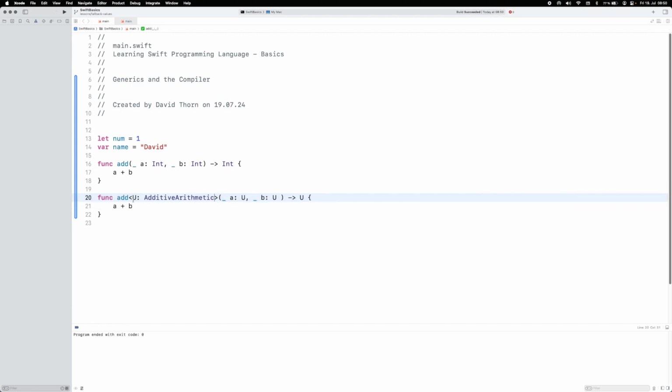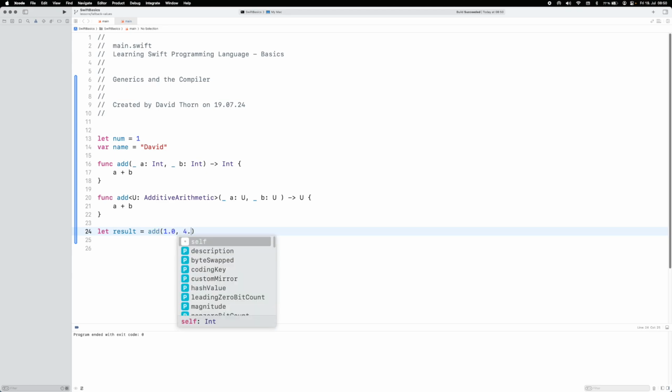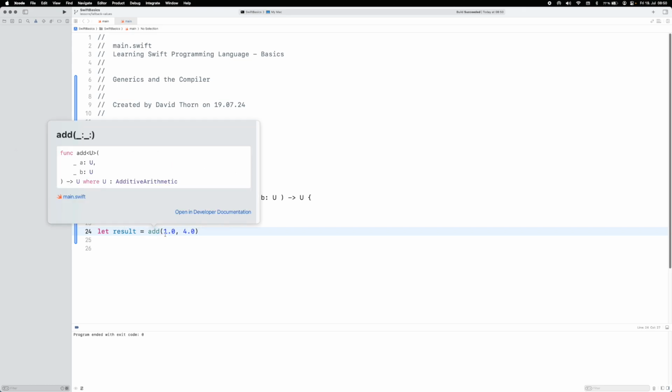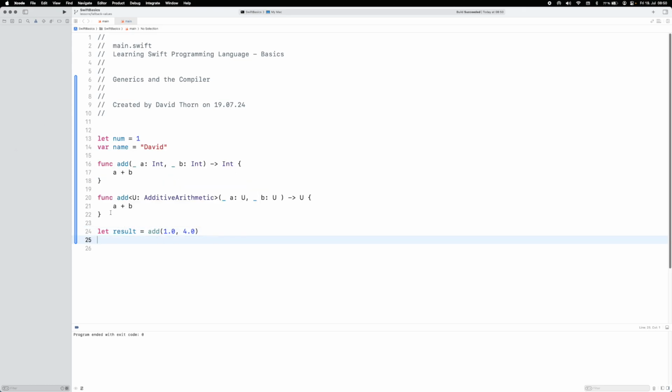that we now get this add function where we can add basically any struct, any type that adheres to the additive arithmetic. Okay, so we've seen this already, but how when we come to use this, and we say 1.0, we say 1.0 and 3.0. How is it that it's worked out what result is, right? And what function has it used? Well, you can see here that if we